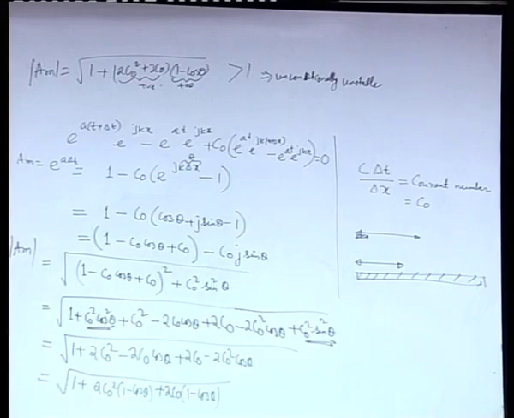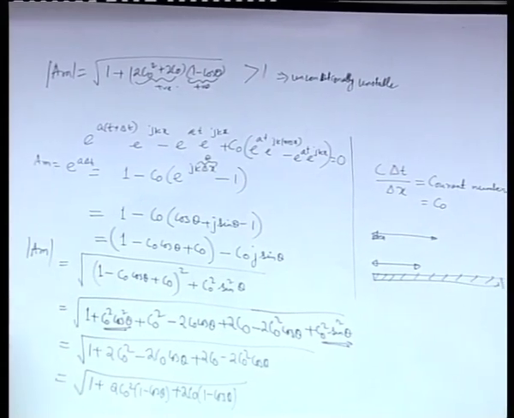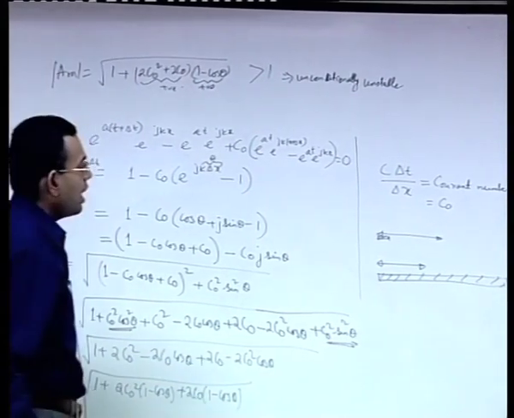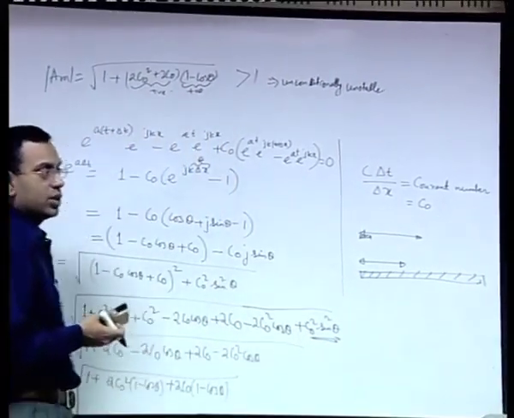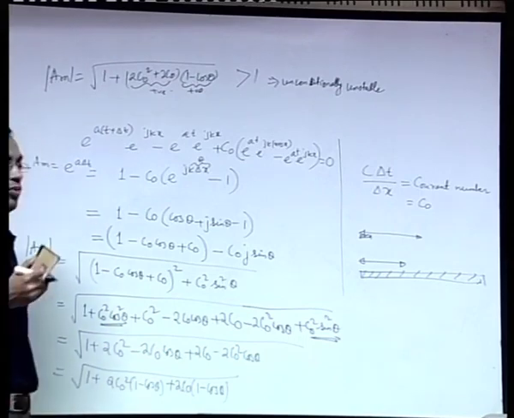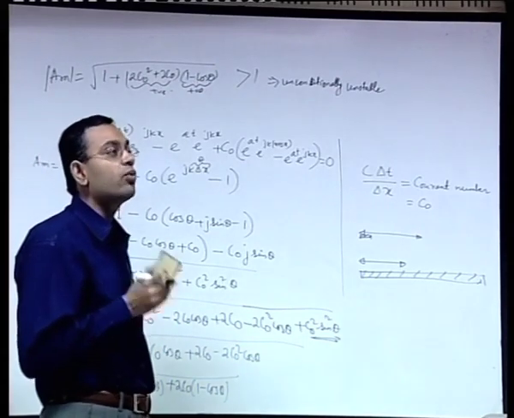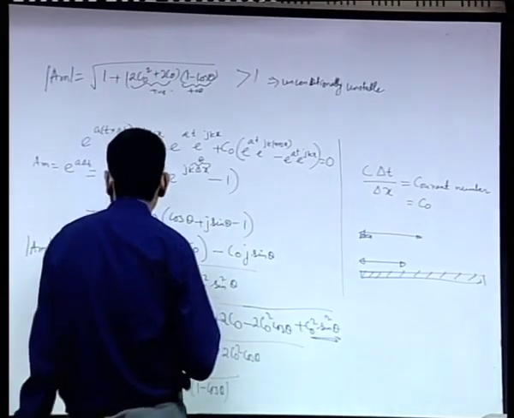So far we have considered two schemes and we have failed to get a particular scheme for a hyperbolic equation, because both of these are unconditionally unstable. So as a third possibility, we have considered forward time, central space, and forward space. So one option that is left to us is backward space. Let us see what we get out of the forward time backward space scheme.